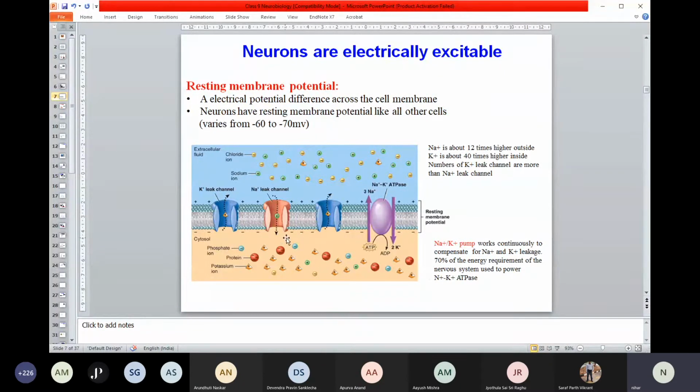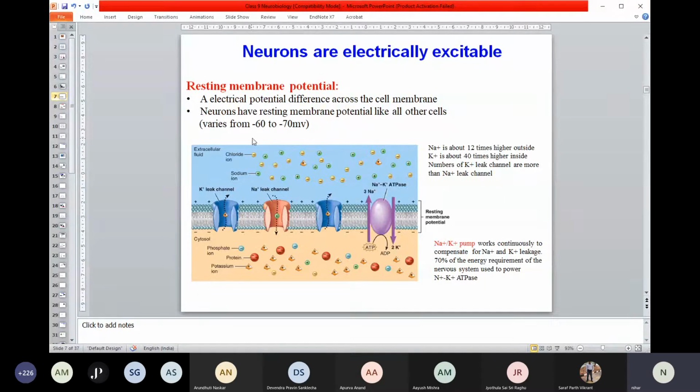If you look at the potassium ion, it is actually highly concentrated on the inner side rather than the outer side. Other than that, there are chloride ions, as well as a lot of different kinds of proteins present inside your cell that carry different charges. At the end, if you look at the net charge outside and the net charge inside, the inside is negative. The net charge on the inner surface is negative, so the resting membrane potential is around -60 to -70 millivolts because it's on the negative side.